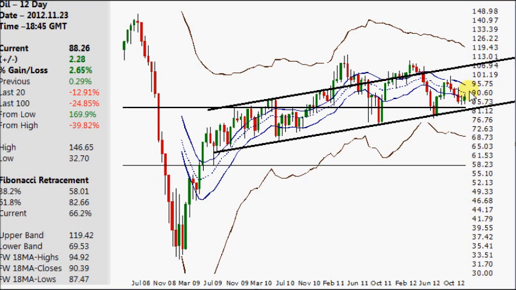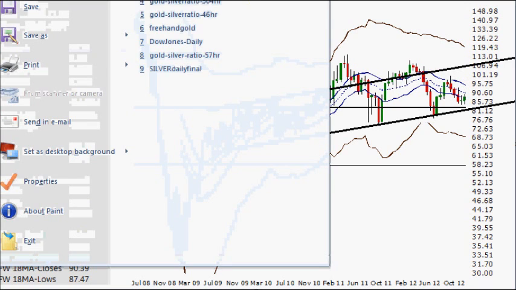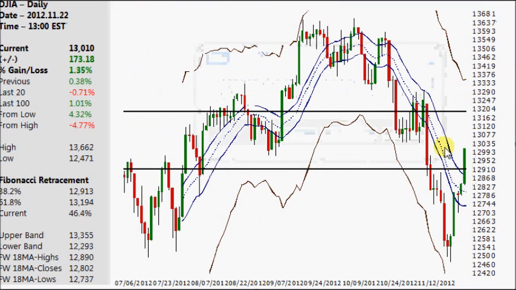So that's oil. We're going to take a look at Dow now, the Dow Jones daily chart. Now, what's interesting to note about the Dow is we have this thing called a fiscal cliff, and we have this debt ceiling coming into play. We're also finishing off the date of November. The date should be reading the 23rd. However, with that being said,